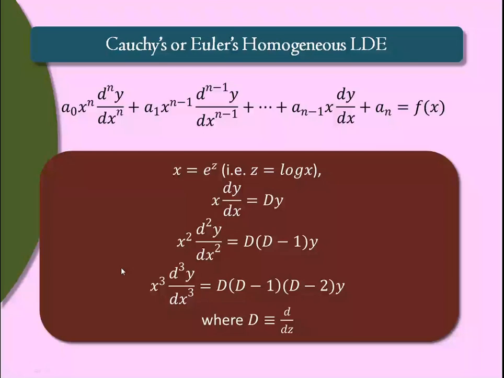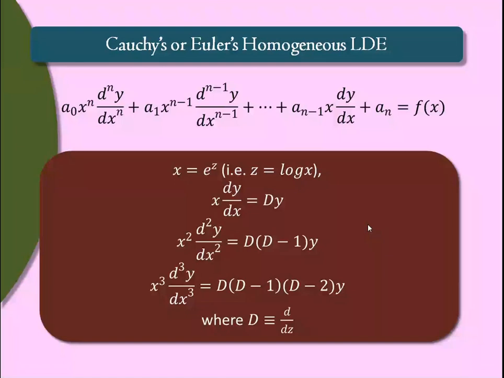And then if we substitute this, you can see that all these terms get replaced by terms in D (D minus 1), D minus 2, like that. We get only terms which contain D. No function of x will remain there. That is, it becomes a differential equation with constant coefficients, and we know how to solve a differential equation with constant coefficients. So these are the two types which we can reduce to a linear differential equation with constant coefficients, and by using the standard methods, we can solve that equation.